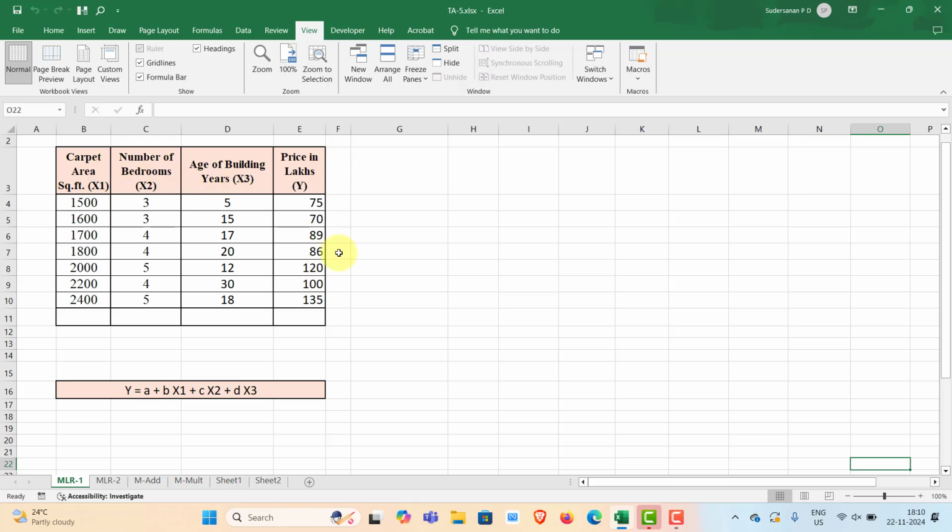So I have listed some random data which shows some variation in the price with respect to the area, number of bedrooms, and age of the building. There might be other parameters which are influencing the price, but these three parameters we have identified are influencing the price. Now we need to find out how these three independent variables